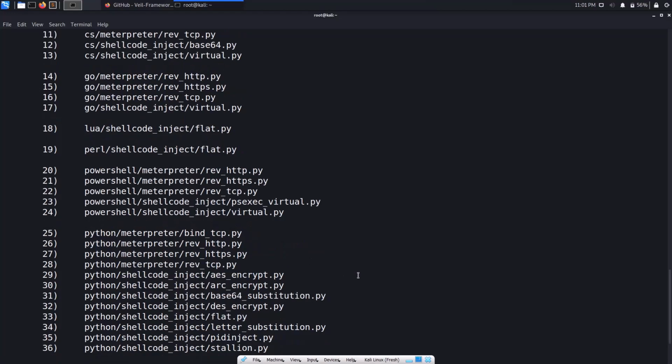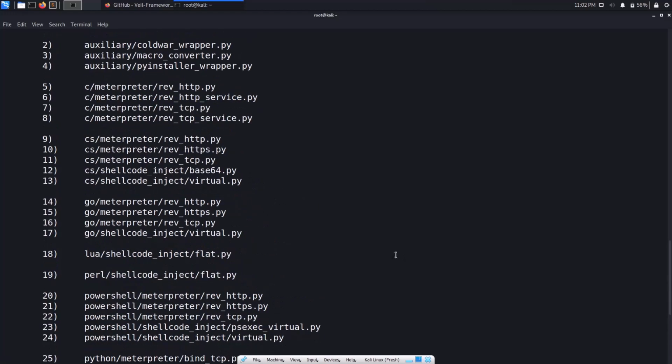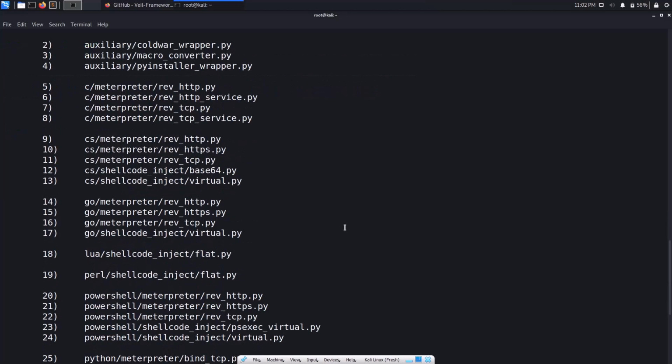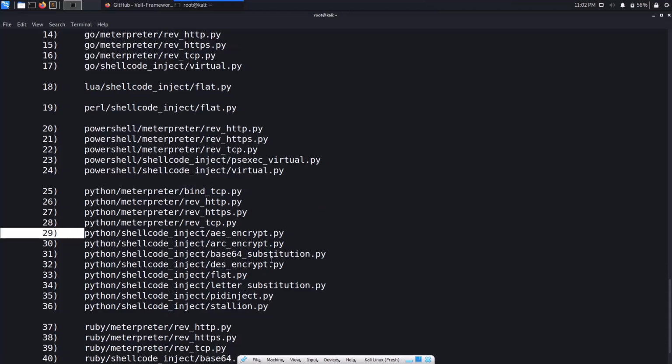To be frank, most of these payloads are used on Windows, Linux, or macOS, depending on the programming language. Suppose it's Python, then it can run on Ubuntu, macOS, or anything else. Then there's Perl, Lua, Go, C#, and C. Auxiliary is nothing but for finding out; these are not necessary, guys. But here you can see things like PowerShell, which is mostly used for Windows, and shell code and some other stuff.